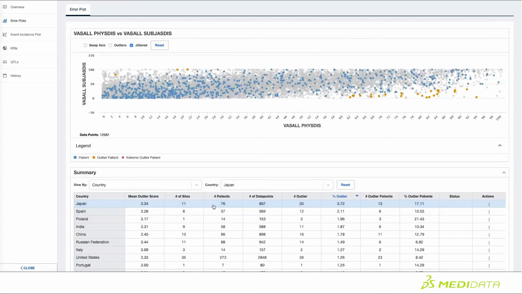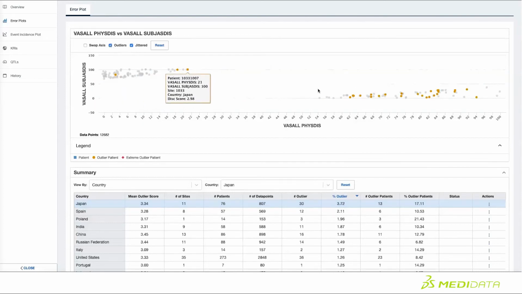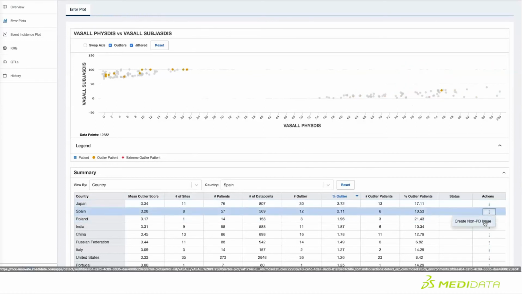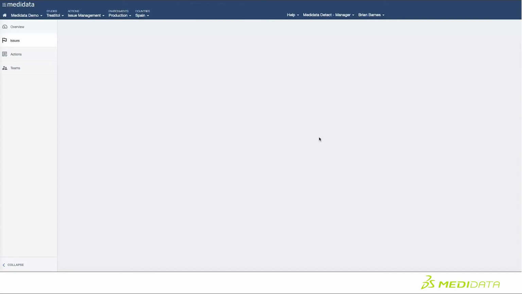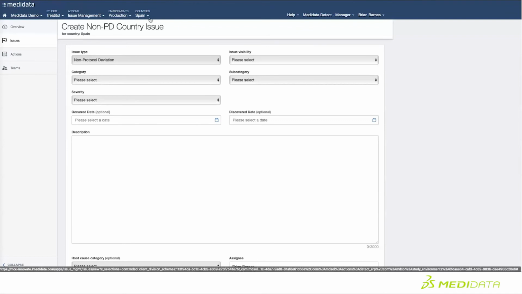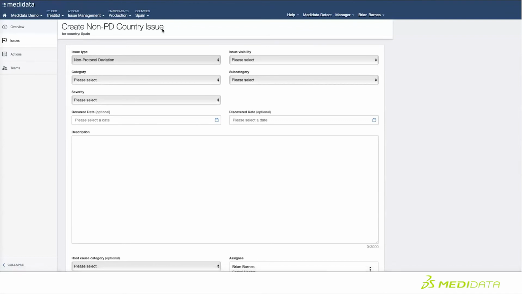In this case, we can look for discordance in the VAS scores across the entire study using an event incidence plot or via an error plot, where I can focus on just the data I want to look at. In this case, patient versus physician reporting of VAS scores. I can look for outliers across the entire study data set, or I can focus on just those regions with higher outliers for that critical data, indicating a disagreement in those scales, which could indicate issues of training. These could absolutely impact the efficacy of the data in clinical decision making.